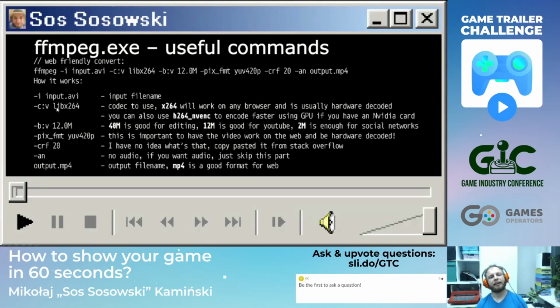And then you choose a codec to use to re-encode it. You want the X264 codec, since it is the codec that most of the browsers support. There's now one codec called AV1 coming, but it's still not there yet. And this is not only supported by the browsers and by the web, but also